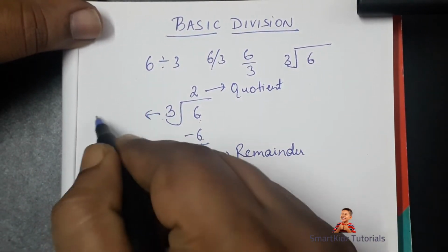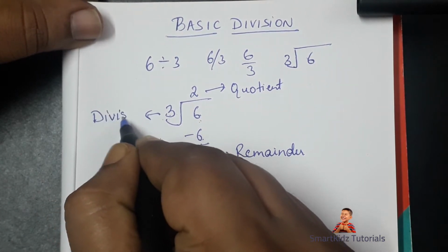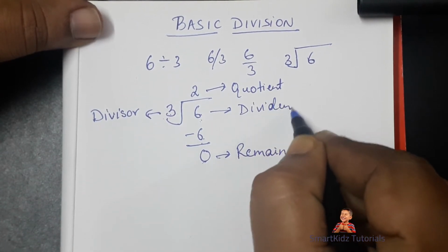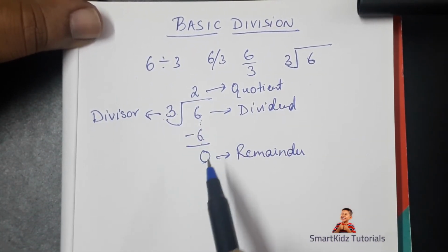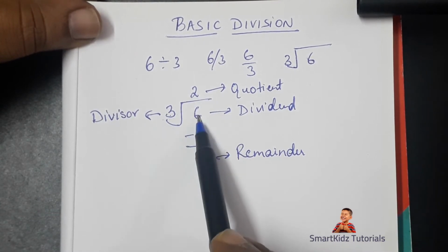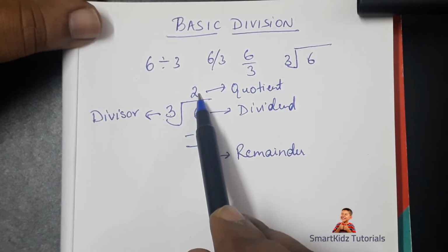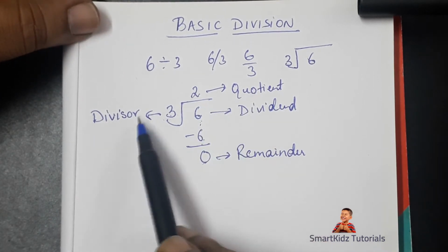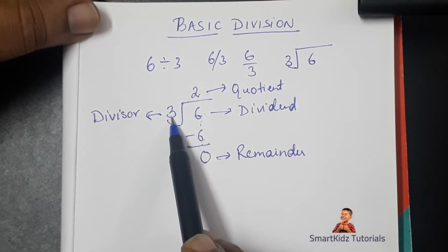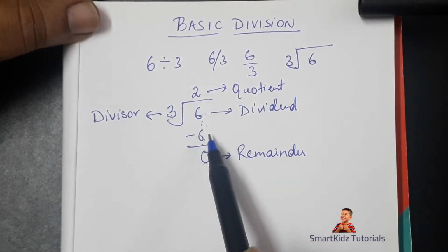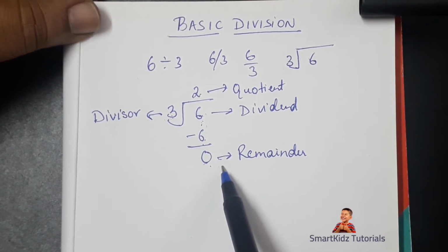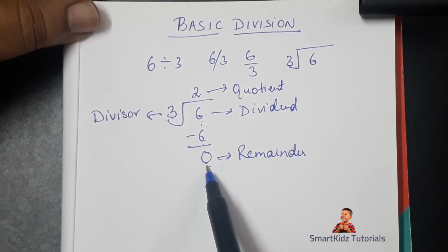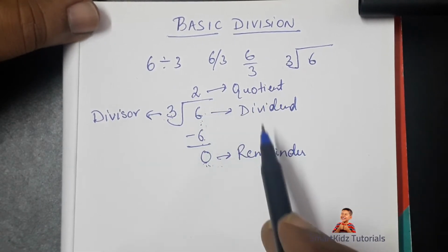This 3 is known as the divisor, and 6 is known as the dividend. So wherever there is 6, there may be some other number, but whatever comes under this hood is known as the dividend. Whatever comes on top of it, which should be our answer after division, is known as the quotient. Whatever we divide this number with, that is known as the divisor. And upon division, if we are left with something, that is known as the remainder. In this case, there is no remainder, as we have got 0 out here. Okay, so remember these parts of division.